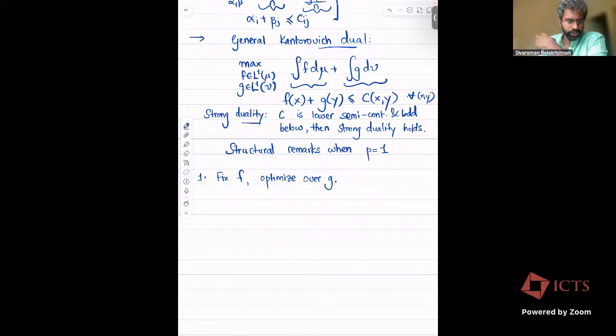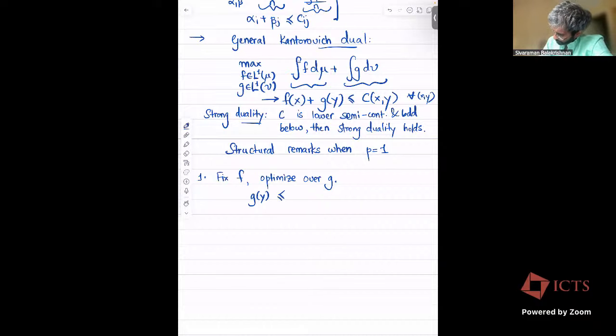It will be what is called the C transform of the function f. So what does that mean? I'm trying to make the integral of g as large as possible. The constraint on g is that, for every x, g of y has to be